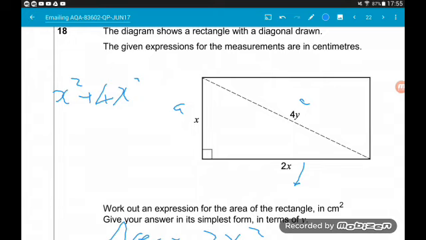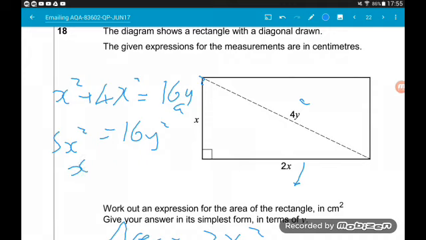So 4y all squared is equal to 16y squared. So that's 5x squared equal to 16y squared. If we divide by 5, we get x squared is equal to